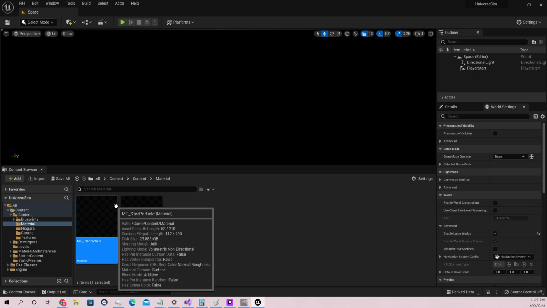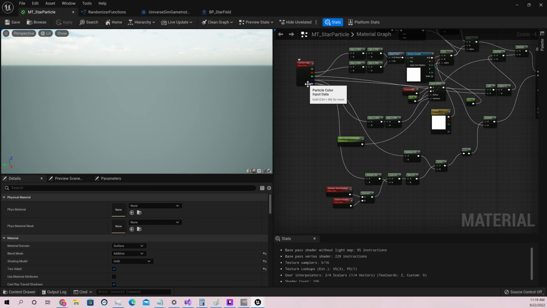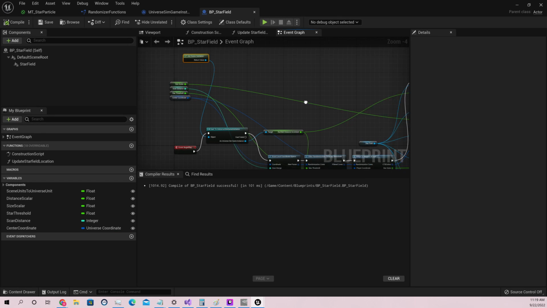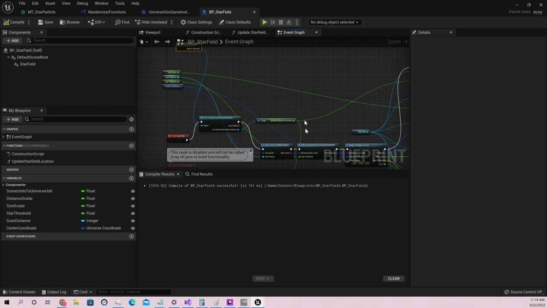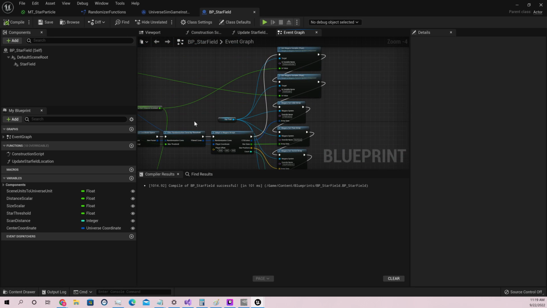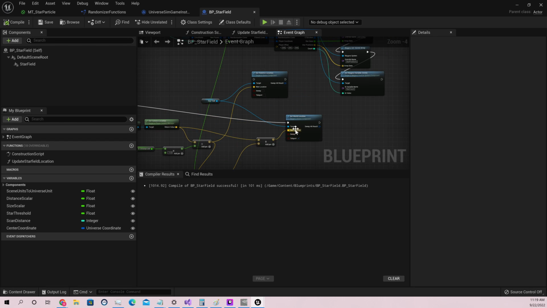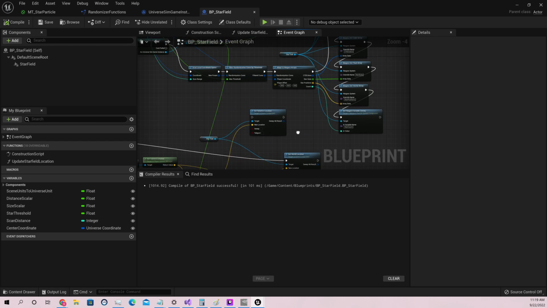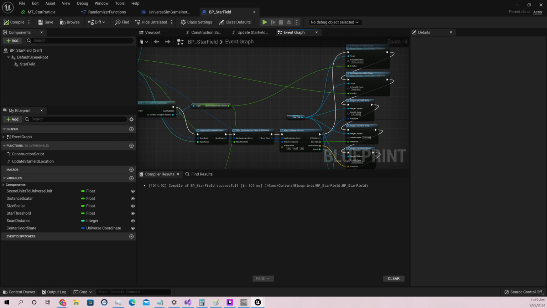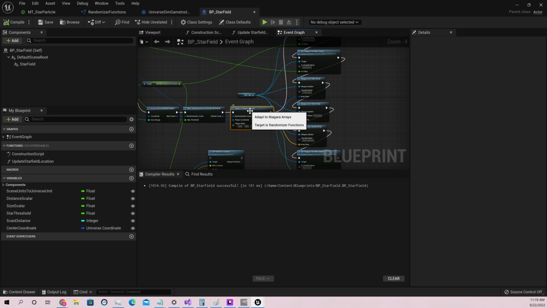So let's see, this is pulling this value from the alpha, multiplying by 30, doing all the things, BP Starfield. This is getting the game instance value, getting the Starfield distance increment, which is 1,000,000, feeding into the distance scalar, new location logic, and then